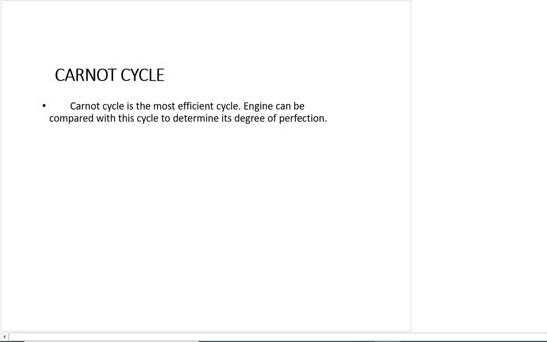First, in the air standard cycle, we have the Carnot cycle. The Carnot cycle is the most efficient cycle, di ba? Alam naman natin na yung pinakamataas na efficiency sa lahat ng cycle ay ang Carnot cycle. An engine can be compared with these cycles to determine its degree of perfection. Meaning, ito yung basis, pinaka-top siya, ito yung basis ng pagkuha ng efficiency. Like, for example, kung pupunta ka ng Ericsson cycle, pupunta ka ng Stirling cycle, ito po yung babasihan mo as a degree of perfection.